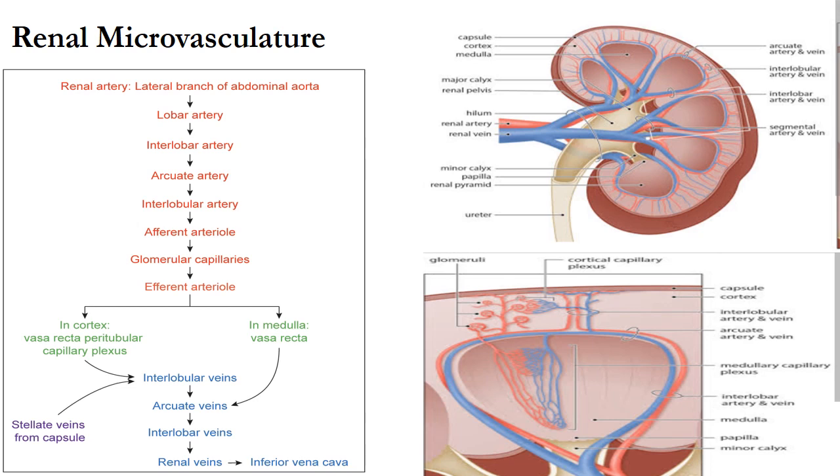They lie parallel to the renal surface at the junction of pyramid and cortex, and they give a series of interlobular arteries. Interlobular arteries run through the cortex at right angle to the renal surface and they form the subcapsular plexus. The interlobular artery then gives off a series of arterioles that enter the glomeruli as afferent arterioles. Then the blood from arterioles circulates through glomerular capillaries and forms the efferent arteriole.